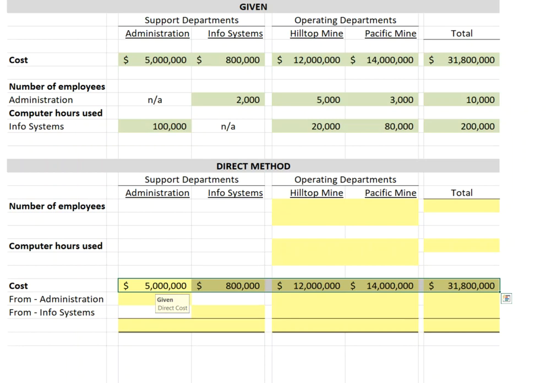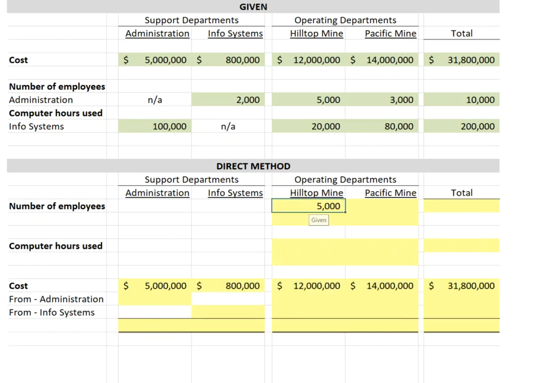Next, we're going to pick up the number of employees in the Hilltop Mine. We're told that's 5,000, and we had 3,000 employees in the Pacific Mine. Again, we're only considering the employees in the end-user departments in the direct method. Computer hours: 20,000 computer hours were used by the Hilltop Mine, and 80,000 were used by the Pacific Mine, for a total of 100,000 hours by the end-user departments. Next, we're going to calculate our allocation percentages. The Hilltop Mine employs 62.5%, 5,000 out of the 8,000 end-user employees,